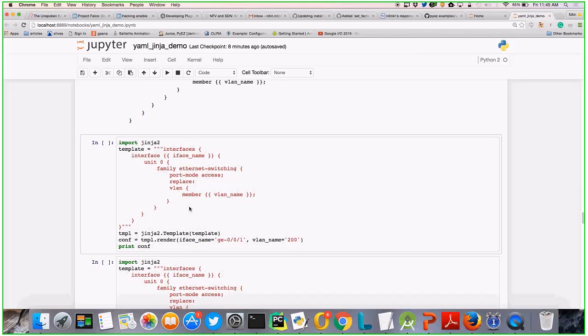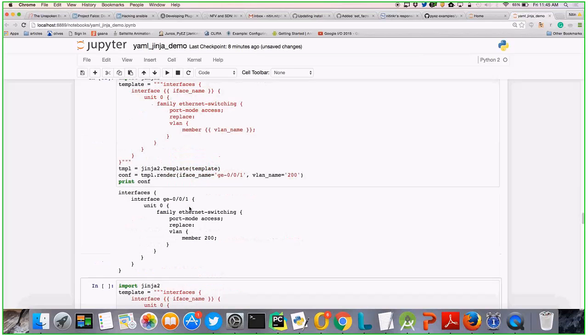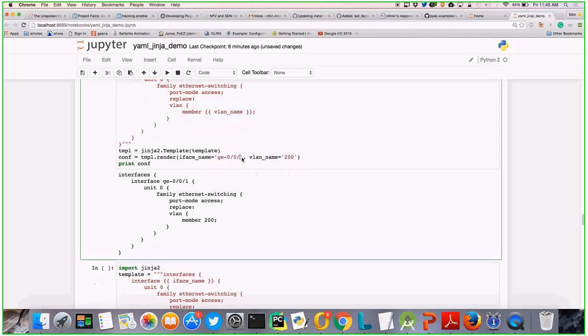As I told you, I just import Jinja2 and get Template out of this variable. I got the template. Then just template.render for these two variables. I'm providing the values as key value pairs: interface name as G001 and VLAN as 200. That's it. And if I run this, I'll get my config. All right. If I want to change it, say it's 002, just change that and you get the output of the config rather than writing another new config out of that.